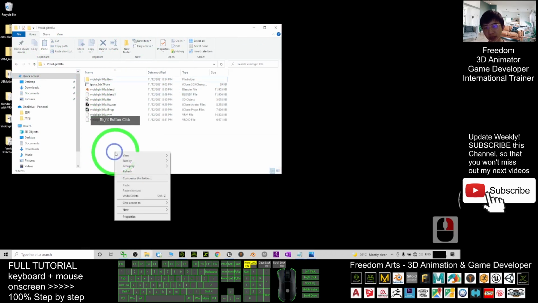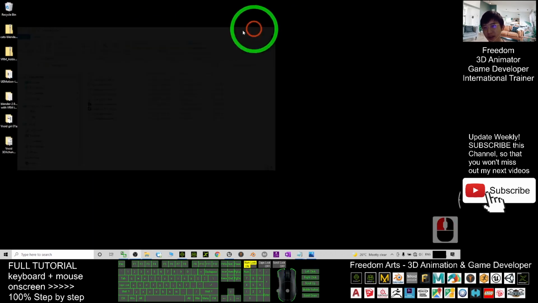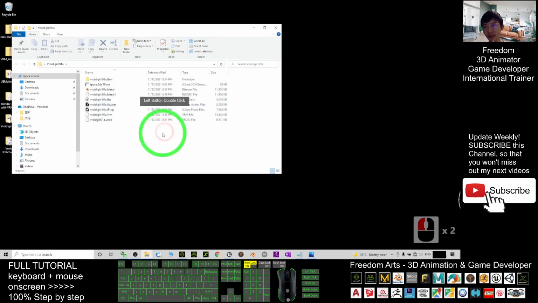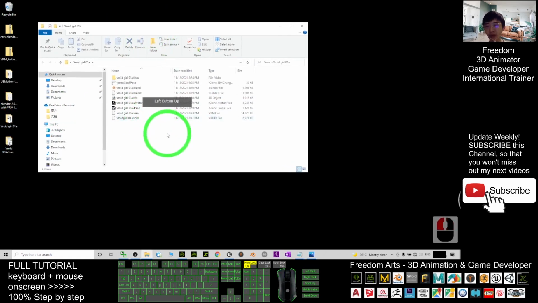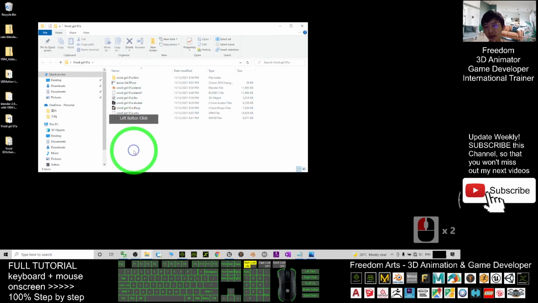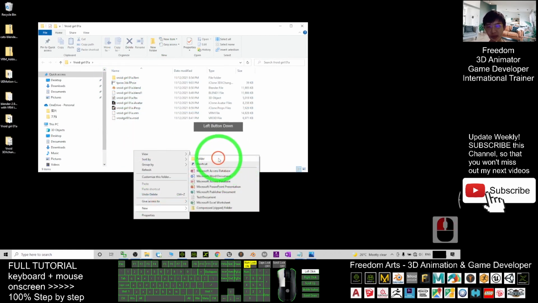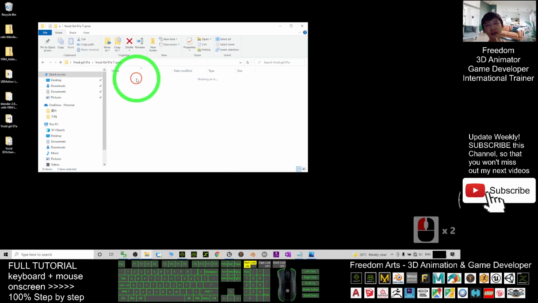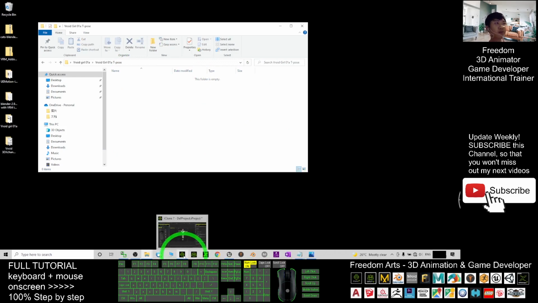Here you have to create a new folder inside. Still remember just now, on your desktop, yours is the Vroid Girl 01A folder. All your data are inside. You create one more folder, a new folder, and name it Vroid Girl 01A T-pose. We are going to export a T-pose from iClone because we need it to retarget any of the animations